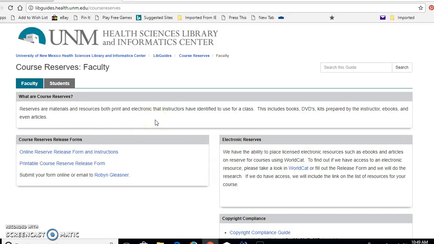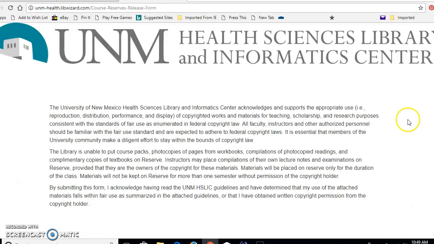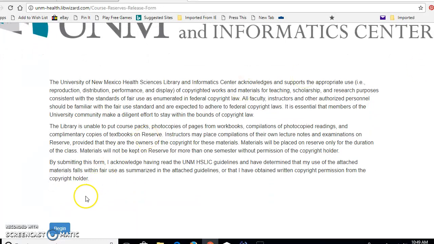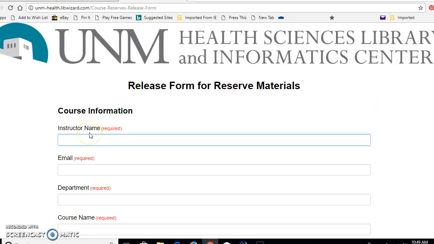It kind of gives you an explanation of what course reserves are, and then more importantly it gives you the forms to fill out. The easiest way to do it is to click on Online Reserve Release Form, and this will bring up a form that you can submit directly online and not have to come into the library. So you can click on Begin, make sure you put in your name,